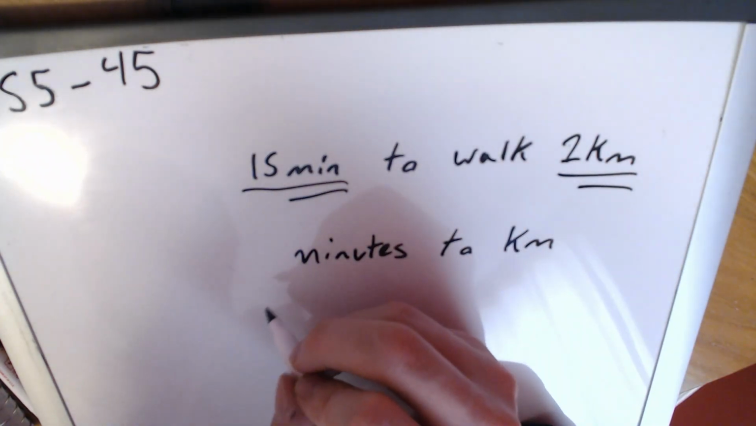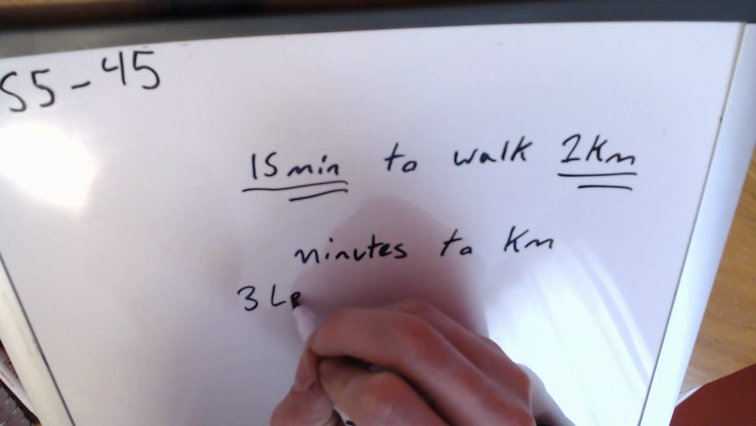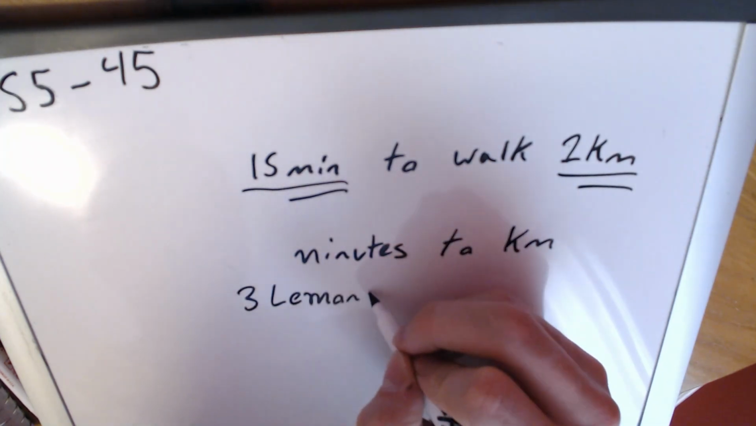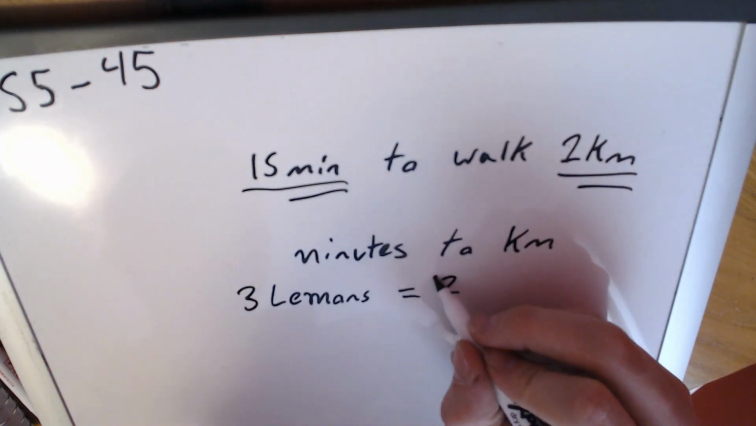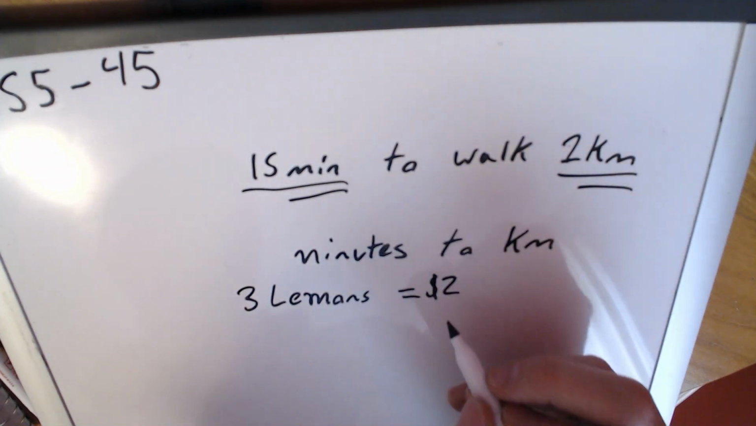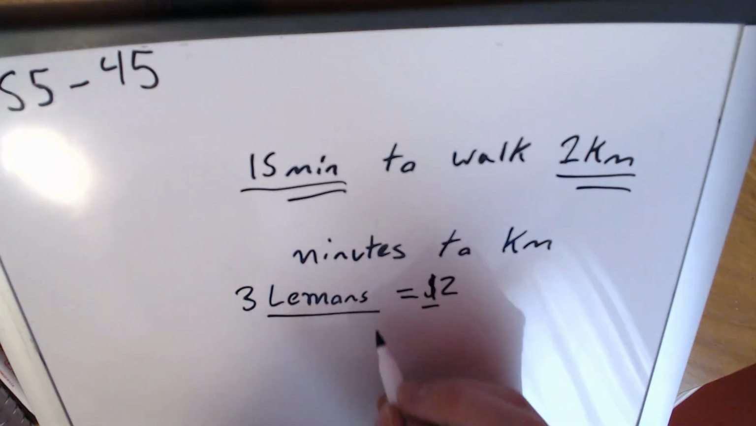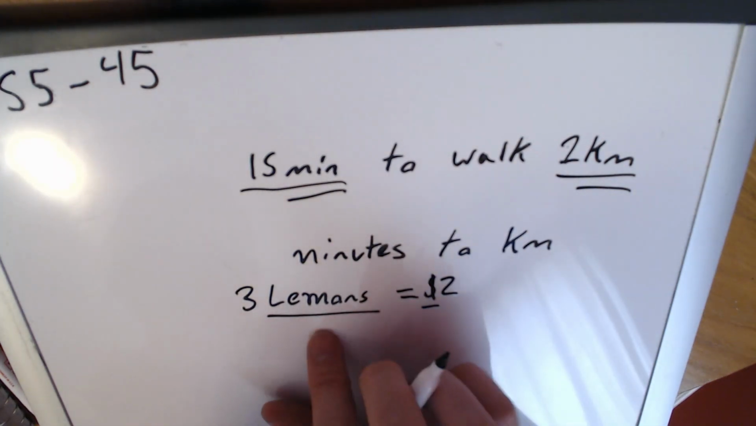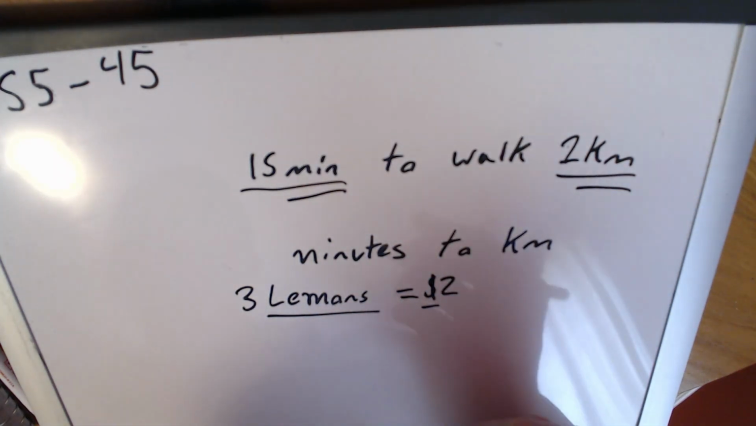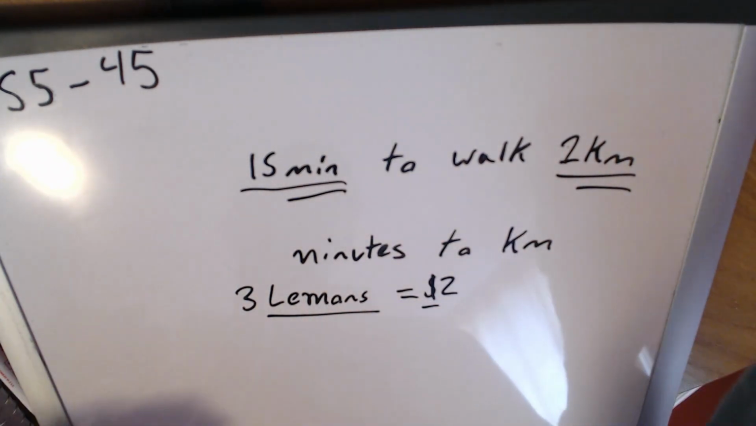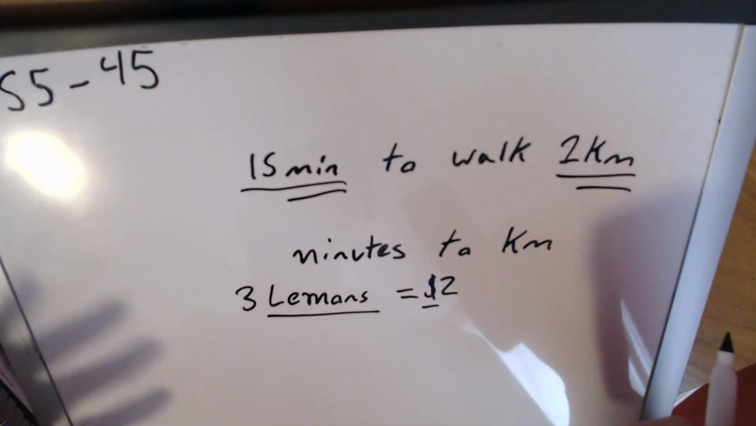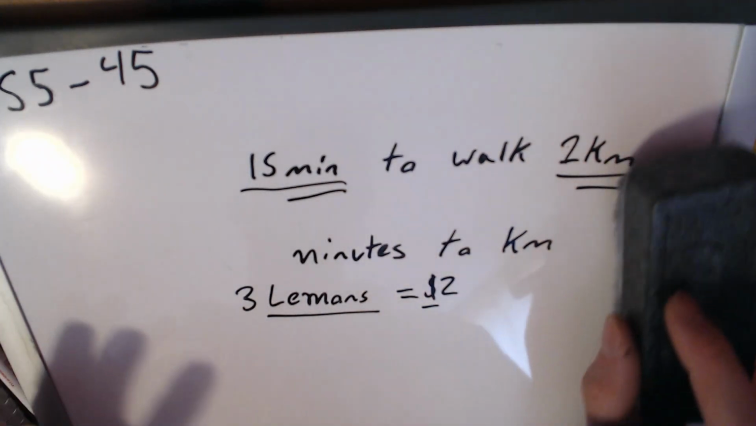Now, if we were to say 3 lemons equal $2, here we would be comparing dollars to lemons, and those would be the units. There's 3 lemons and $2. So I hope you get that when they're asking you what is being compared, you're looking for what are the different units, and we can't really add those, right? You can't add 15 minutes to